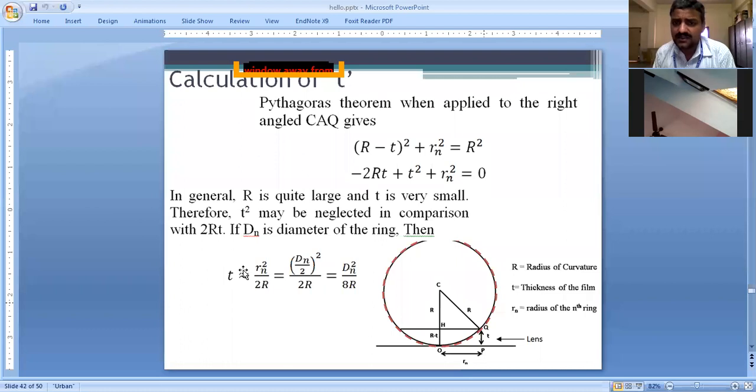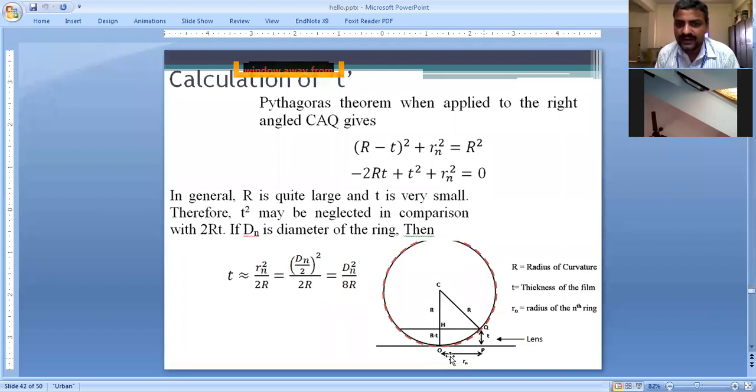So here, as I have justified that there are going to be rings, I can take this Rn as the radius of that particular ring. You can see here, this is Rn. When you are observing from the top, this Rn is simply the radius of that particular ring. I repeat, this Rn is going to be the radius of that particular ring observed by the observer. Of course, these rings are going to be very small. Without a magnifying lens, you cannot see. Without a compound microscope, you cannot see them. But for mathematical calculation's sake, you assume that the observer is directly looking at it. So this is small Rn.